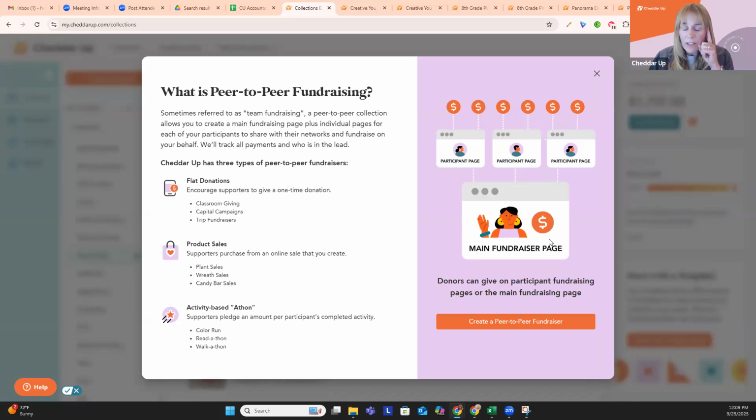You're trying to think of how it's going to flow within your organization. You're going to want to understand that a peer-to-peer fundraiser is going to have a unique URL or web page structure. So you're going to get a primary fundraising page that's going to be the one for your whole organization. And then you're going to have individual participant pages. Each one of these participant pages has its own unique web page or link,